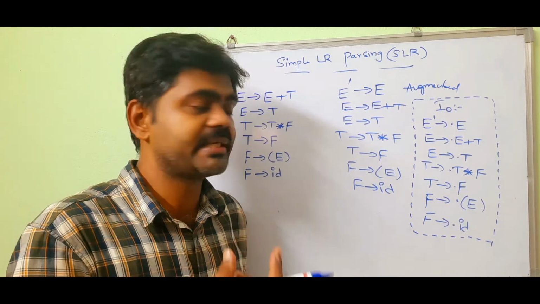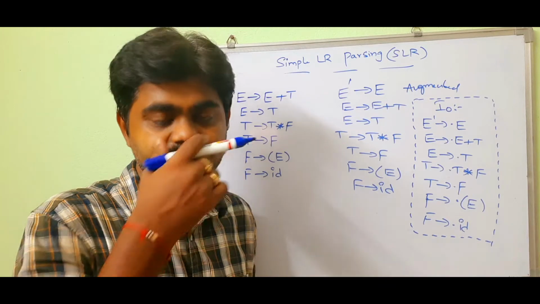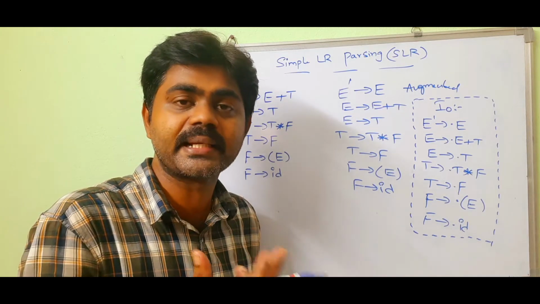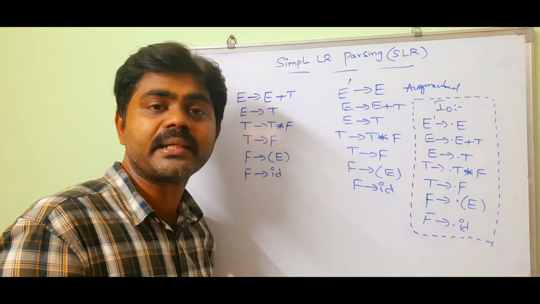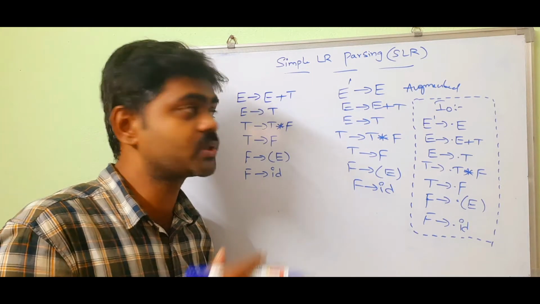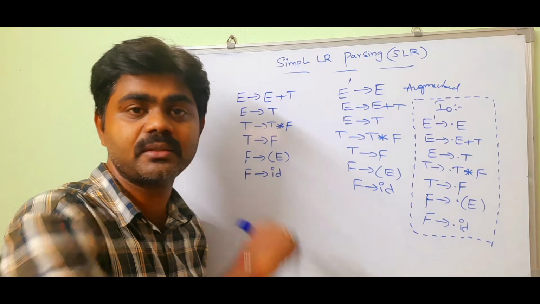If I naught is applied on E, where is it going? If I naught is applied on F, where is it going? So we can construct a DFA. So first we got I naught here. Now we'll construct goto. Okay, so closure is over. Now we need to construct goto.